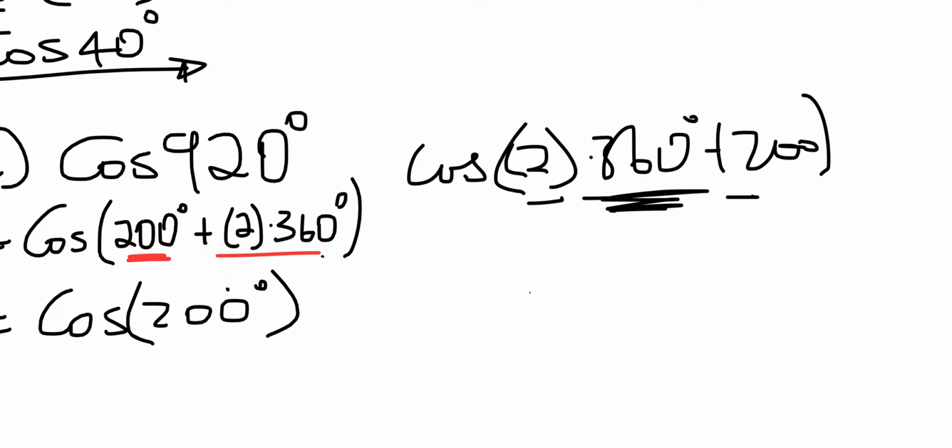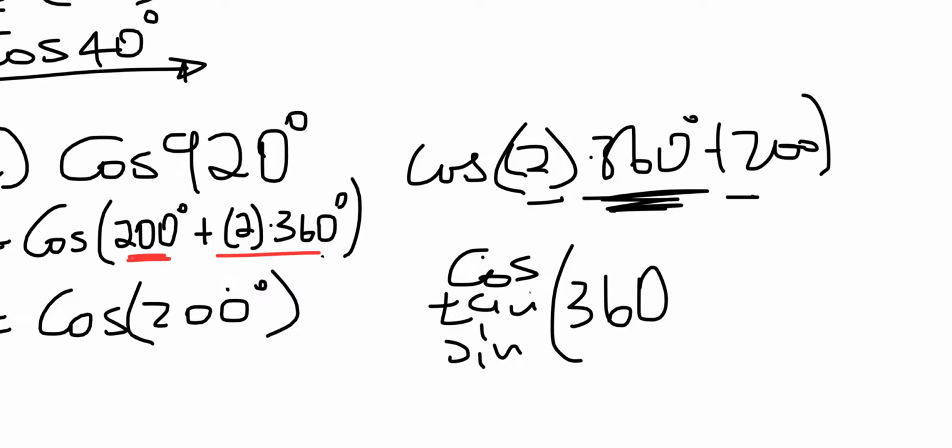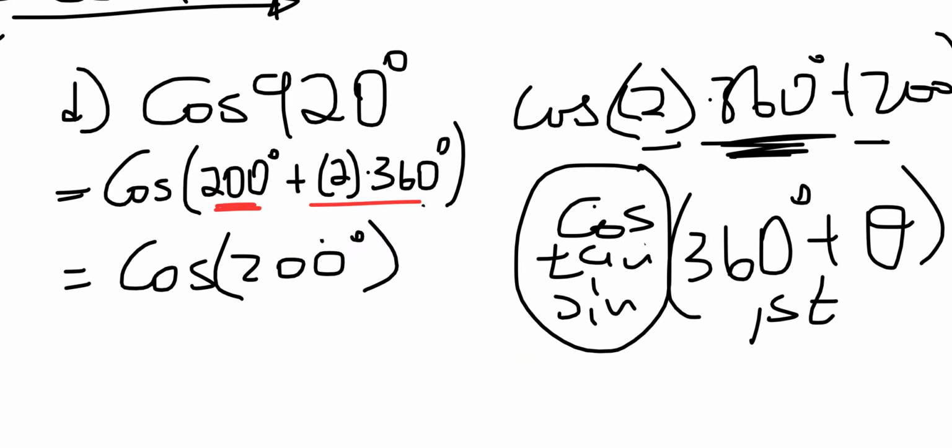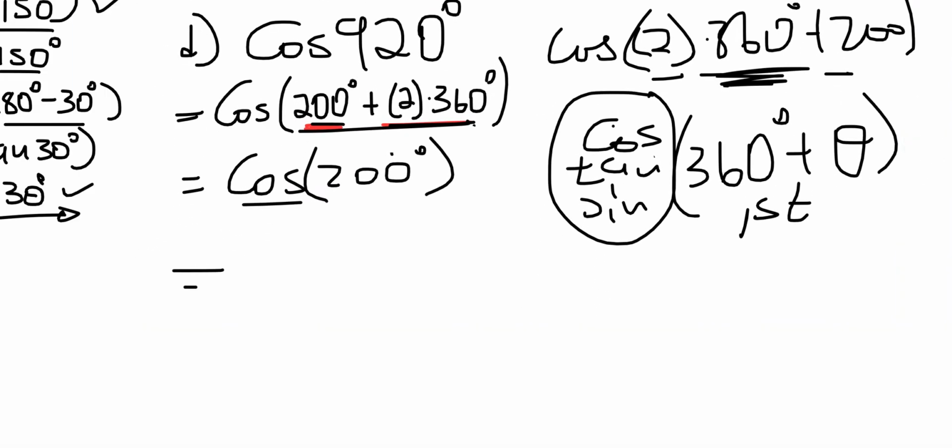Let's assume all the 360 plus, meaning if you have cos, it doesn't matter if it's tan, it doesn't matter if it is sine, as long as it is 360 degrees plus whatever angle, we assume it to be falling in the first quadrant, whereby all of these things are positive. So that is why even this one, even though it's written as 200 degrees first, remember I said you can still write it as 2 of that plus that, then it's the same as positive, that same thing, but that whatever angle there, which means